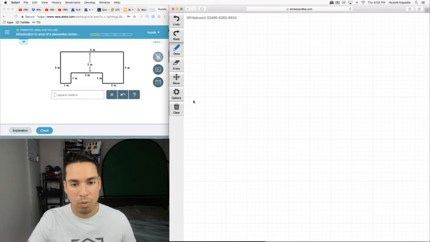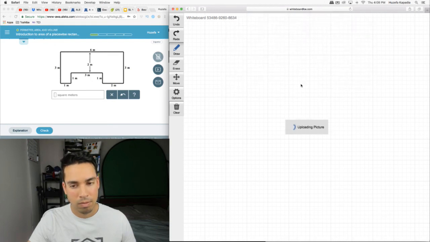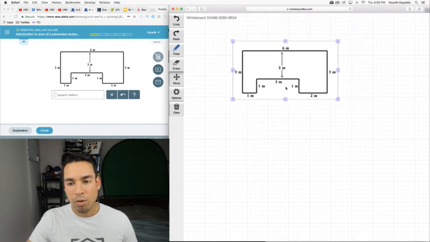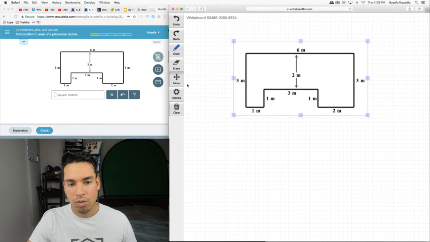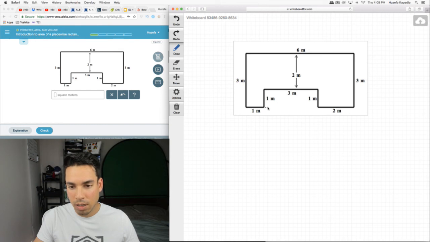I'm going to show you a different way to solve this one. And the last way we kind of broke it up and used addition. This one I'm going to show you how you can use subtraction. Both will work. Doesn't matter however you want to set it up. I'm going to go like this. I'm going to say